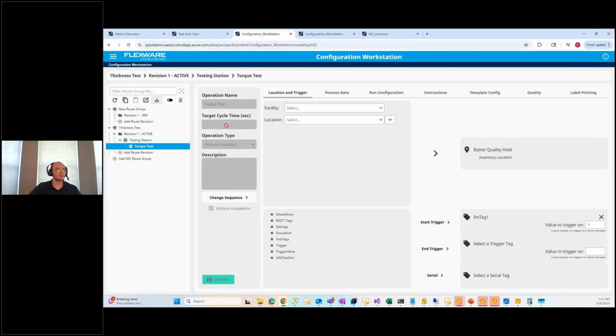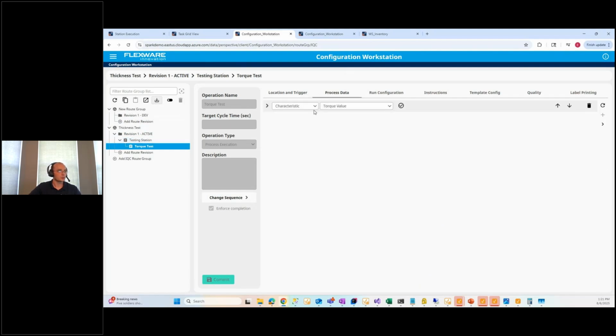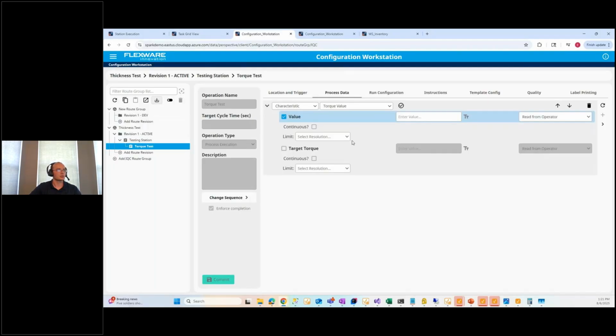In this case, what I'm doing here is some process data. I'm doing a process data read, so I'm reading in a torque value. I'm asking them to take some sort of torque, and I'm asking them to give me the value of it. Now, I didn't do this in this case, but you could also add limits to this if you wanted to,